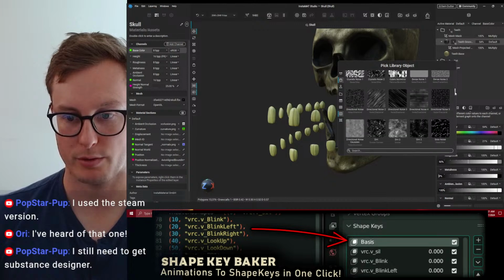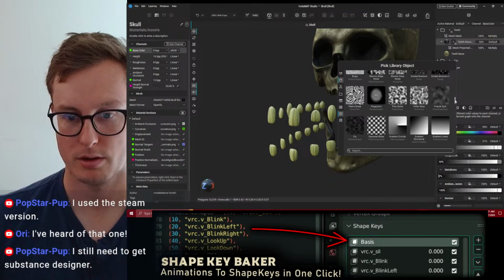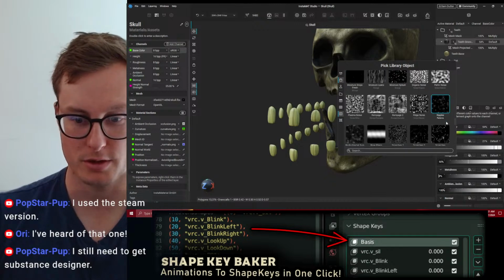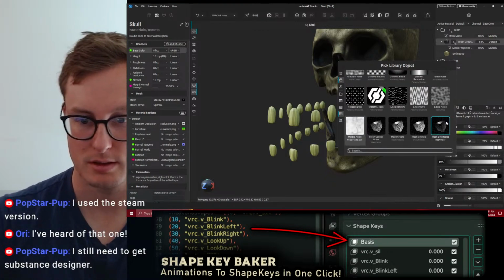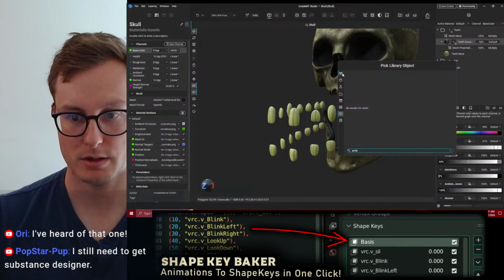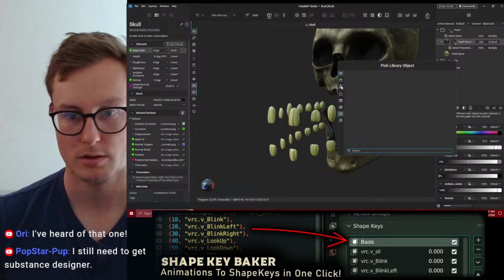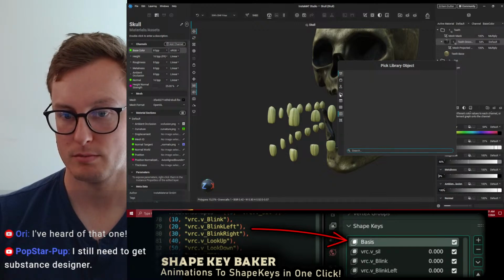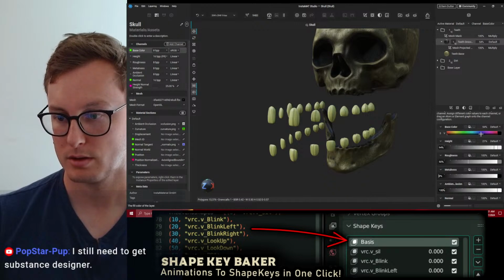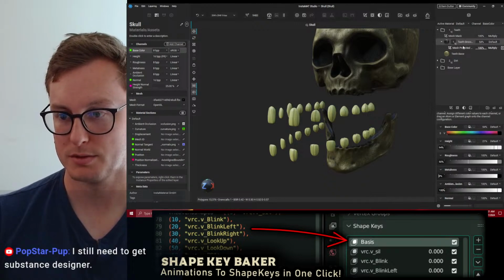So right now I'm looking for... what am I looking for? My ambient occlusion. I guess I have to go here. Why don't I see anything? Let's try that again. Teeth grooves. Oh, I wanted to add a new material.